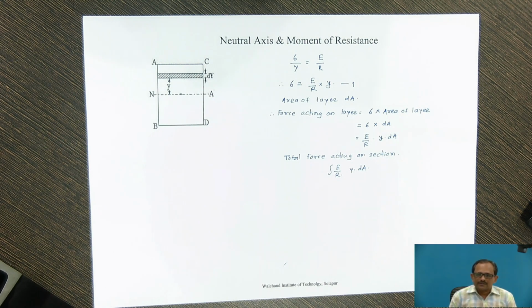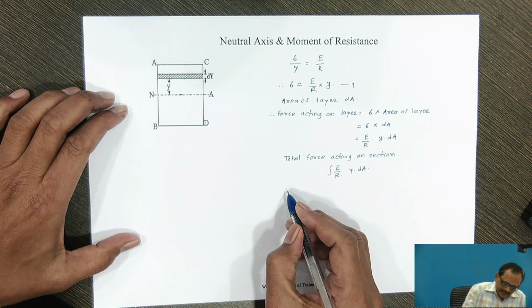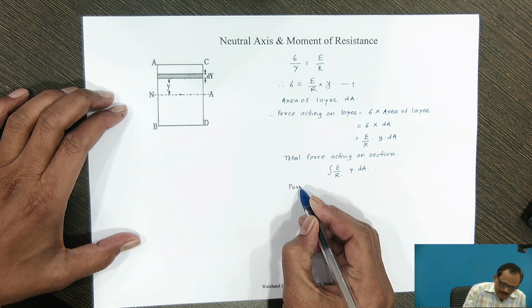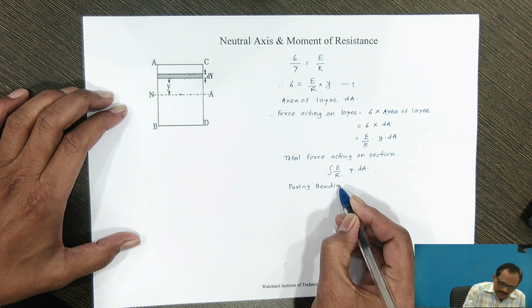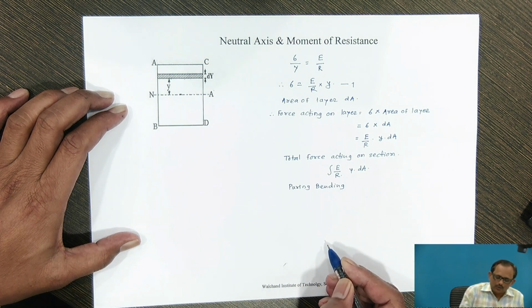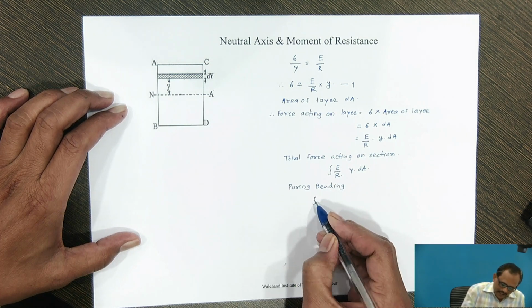Therefore, according to the theory of pure bending, the force acting on the section of the beam must be equal to 0, because bending stresses are set up in the beam due to bending moment only. And according to the theory of pure bending, the total force acting on the section of the beam is equal to 0, and therefore equating the above equation,